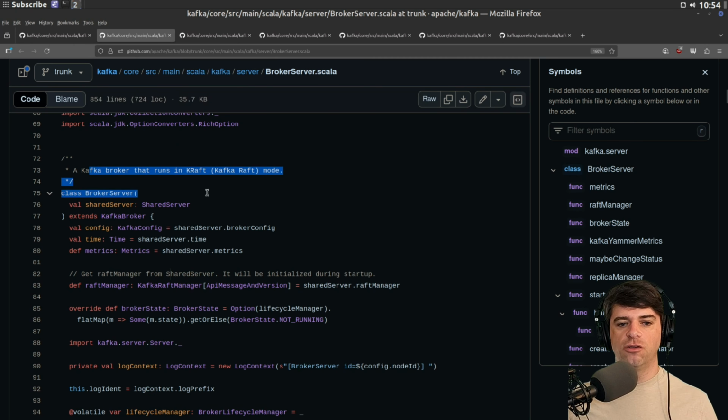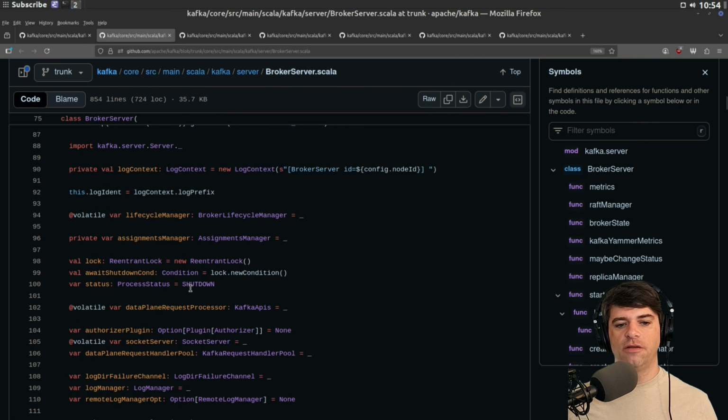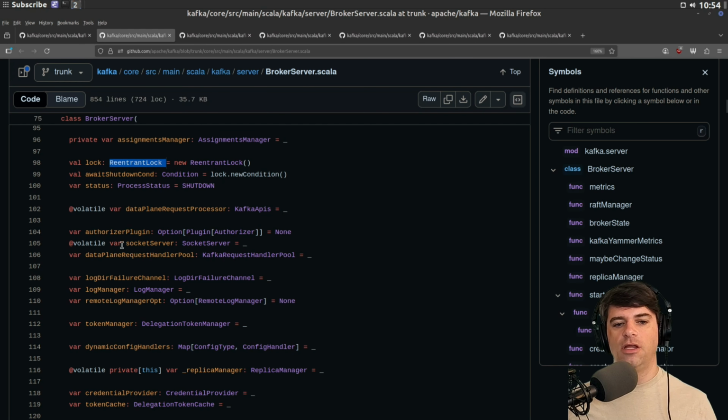So the broker server is a server that runs in Raft mode. I guess they might still have a ZooKeeper mode. And it can do stuff like wait for a shutdown. It has a lock, maybe a main lock.